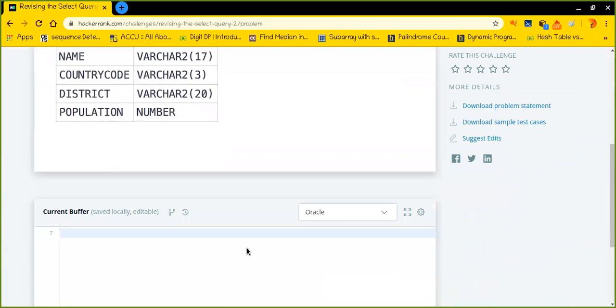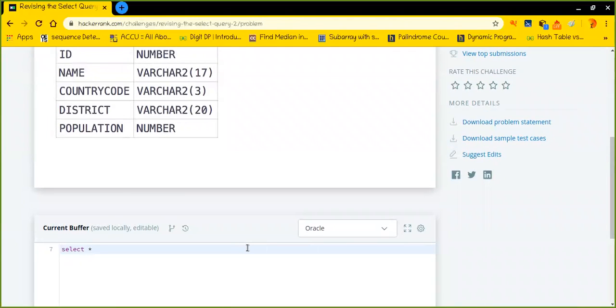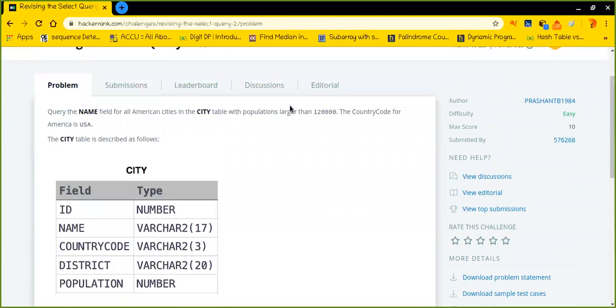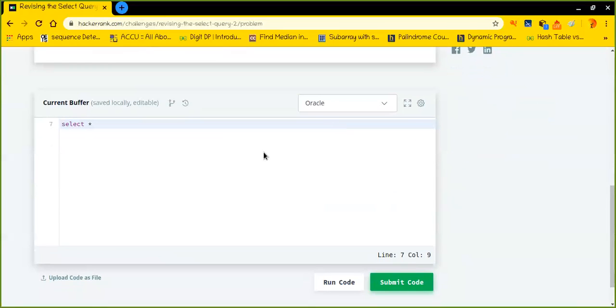Okay, so basically, in this case, we do not need star right here, because in this question we are specifically required to print only the names column for all the American cities whose country code is USA, and the population should be larger than this.